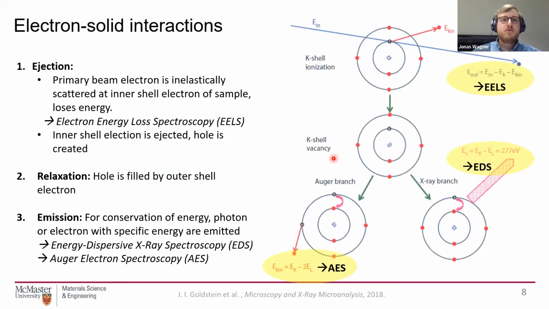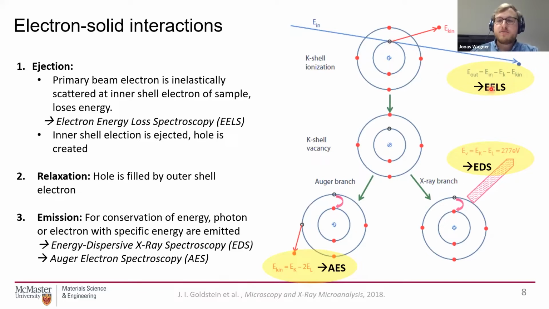So I would start with quickly reviewing the solid-electron interaction, because of the four techniques I just mentioned, three are based on the analysis of electrons. Right. So how does an incident electron, the primary electron beam, interact with matter? Well, we have this very simplified three-step process. We have a high energy incident electron interacting with our sample atom. It is inelastically scattered. We create a hole in our material atom, and at the same time, the incident electron loses energy.